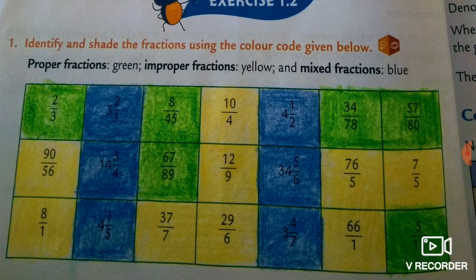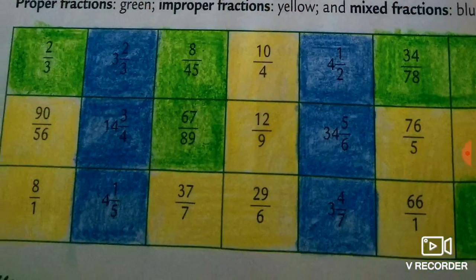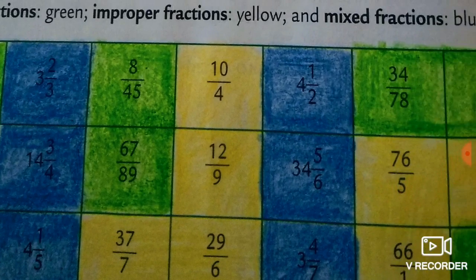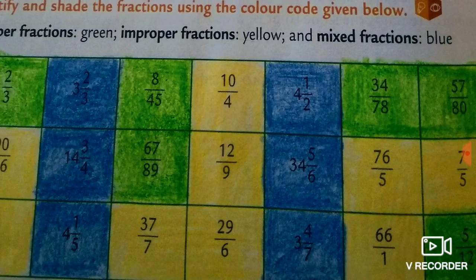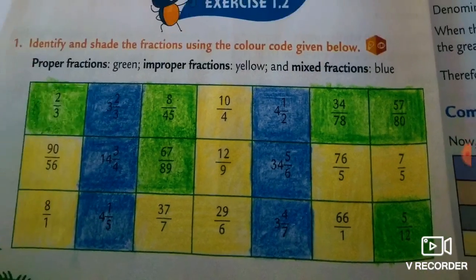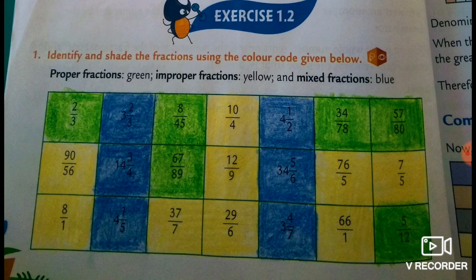Next, finding the improper fraction. Here we find the improper fractions in the boxes, and we color the box yellow. Improper fraction means the numerator is greater compared to the denominator. The denominator is smaller and the numerator is greater. So let's find the improper fractions. 20 upon 56, 8 upon 1, 37 upon 7, 10 upon 4, 12 upon 9, 29 upon 6, 76 upon 5 and 66 upon 1. All these fractions are known as improper fractions